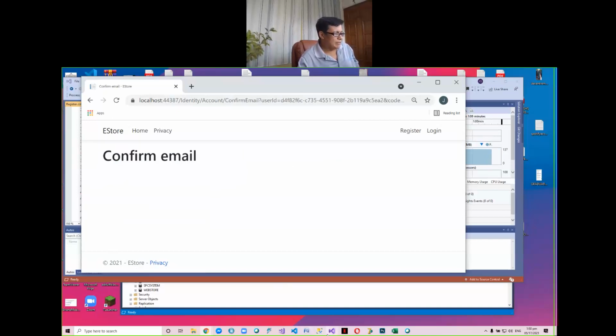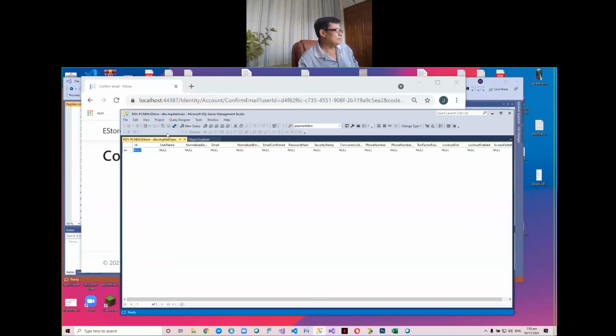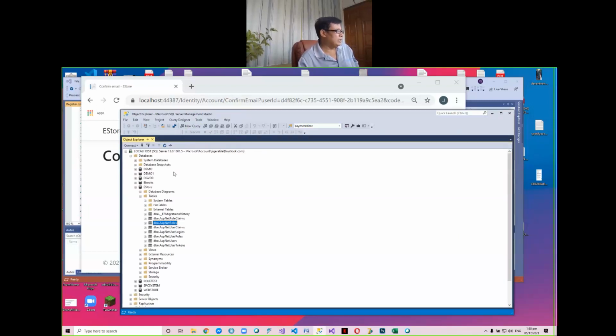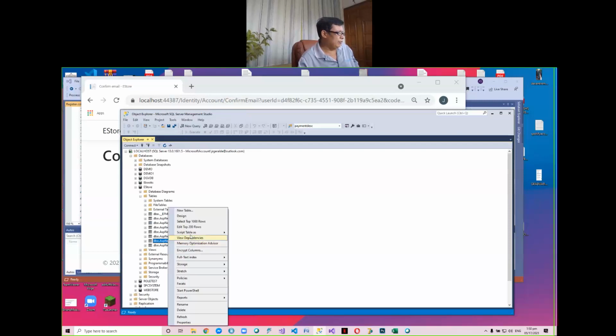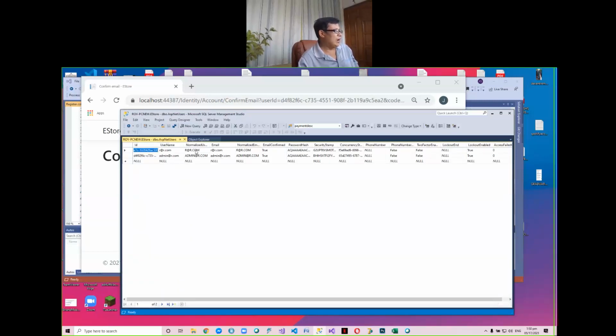Now, what actually happens is if you look at our ASP.NET users, no? If we edit this, we now have two users, no? R@r.com and admin@r.com. Okay, that's what it did. And then we have a hash password, no? The password you encode is automatically hashed or encrypted to 256